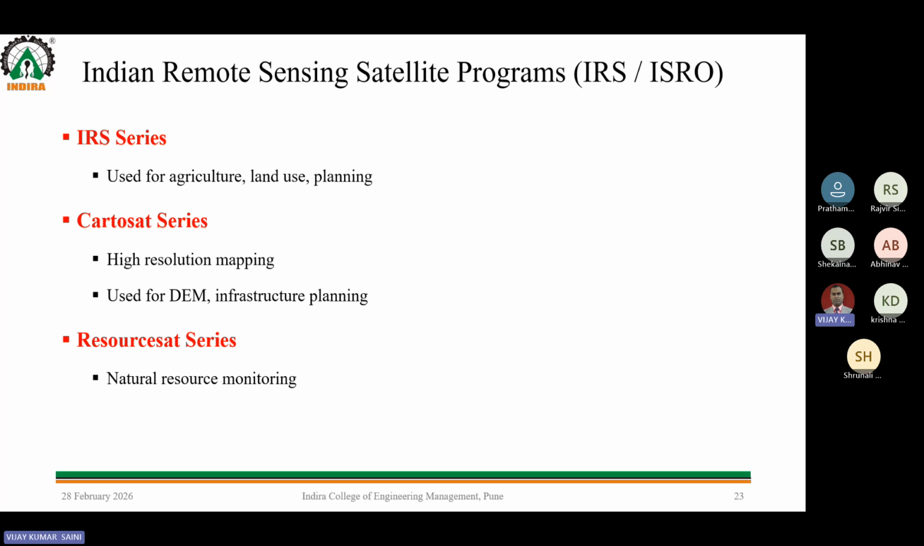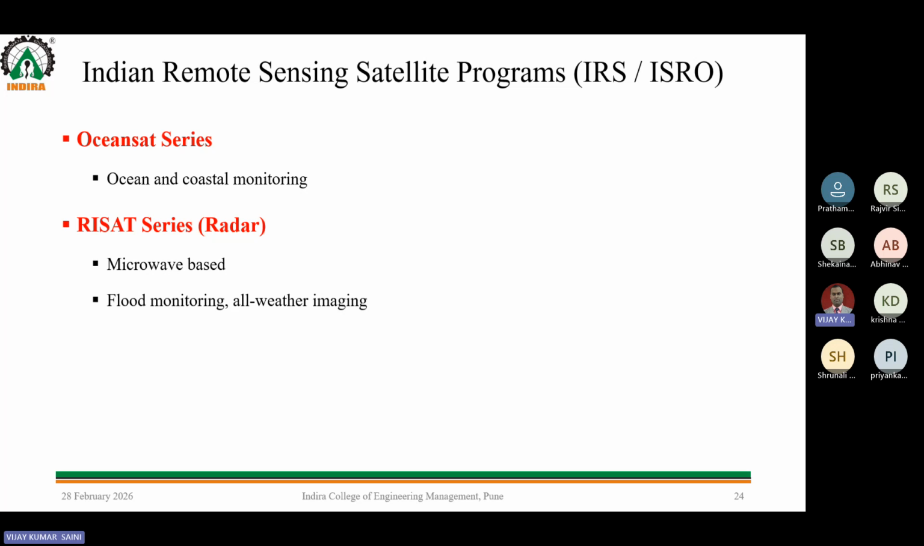When we say the satellite programs, IRS is basically used more for agriculture and land use planning. The Cartosat series has high resolution and is used for infrastructure planning and DEM. Last in this category is the Resourcesat series, which is used for natural resource monitoring. Next we have the Oceansat series, where you monitor ocean and coastal areas. If you see various high tides, low tides and different things come up,